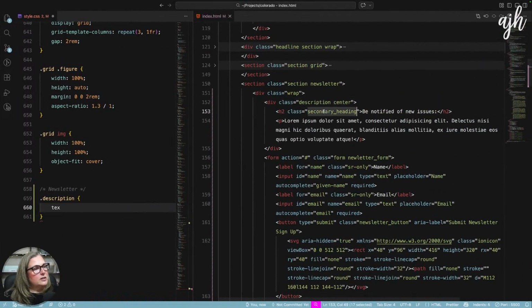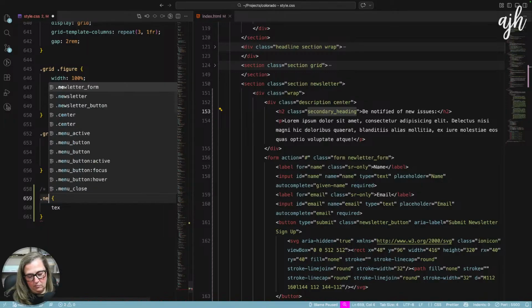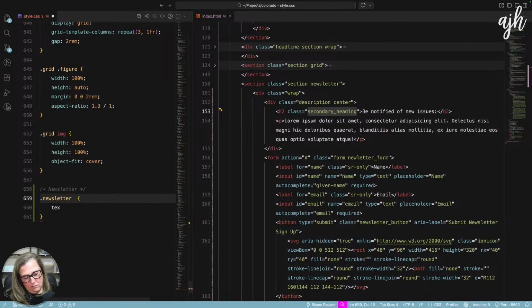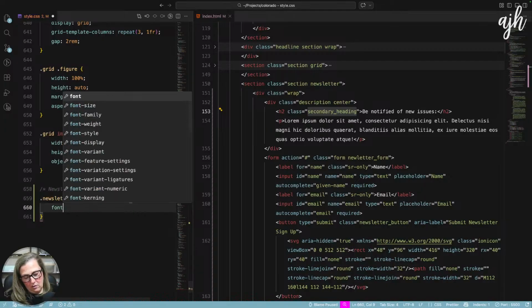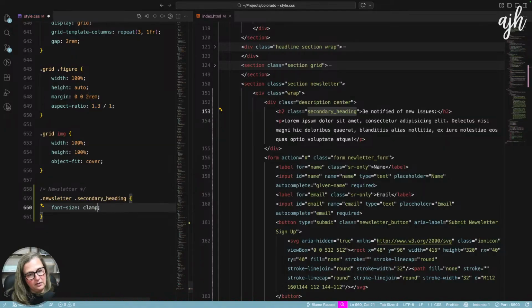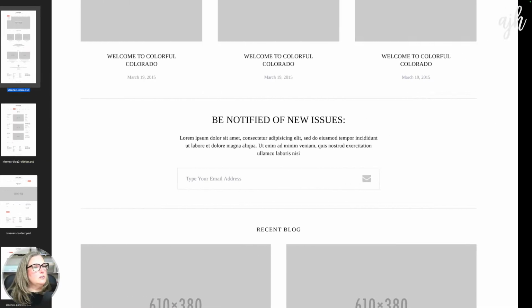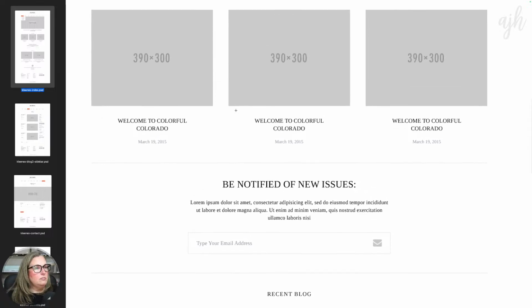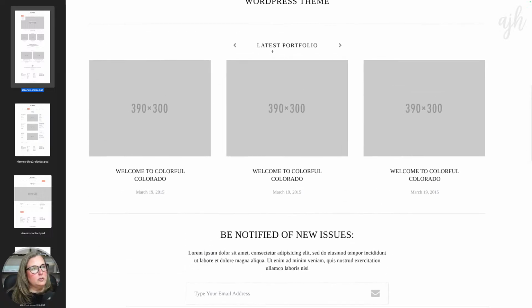And then our newsletter secondary heading, we're going to go ahead and change the font size. So the font size is a lot bigger. So what is this?